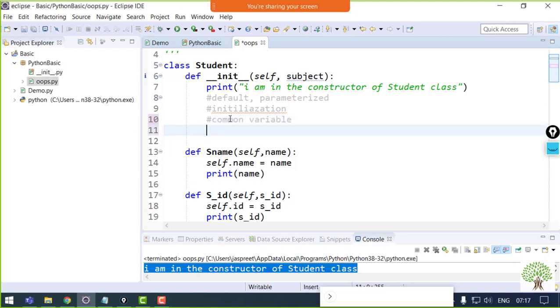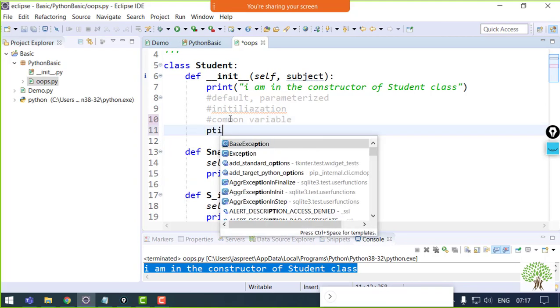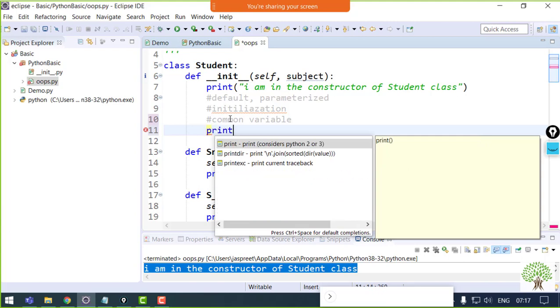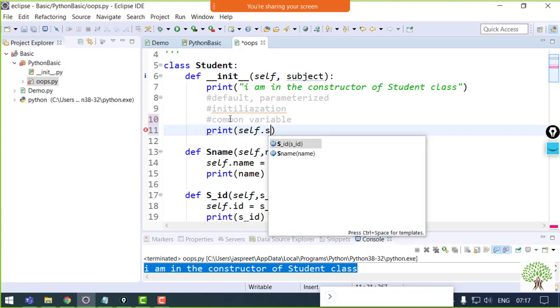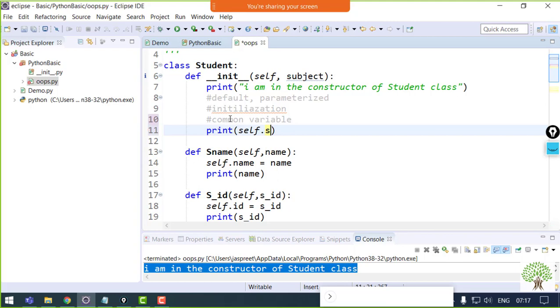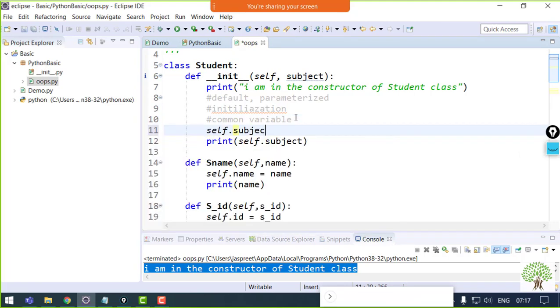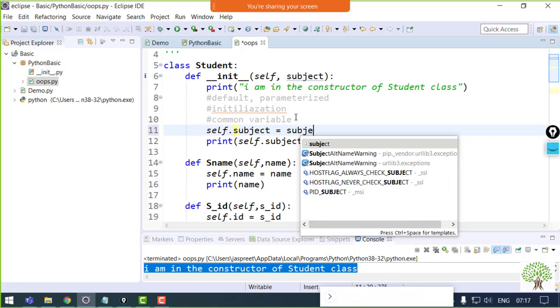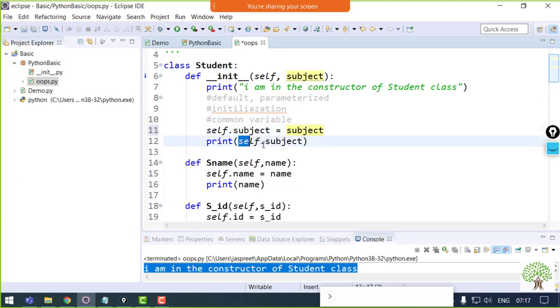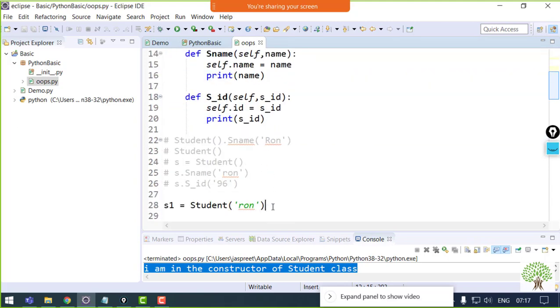Common variable. Fine. Now I'll say whatever subject I'm getting, just print the variable. Okay, I'll do it this way. Self dot subject equals to, I'll store it into a variable. And now let's say I am passing maths over here.